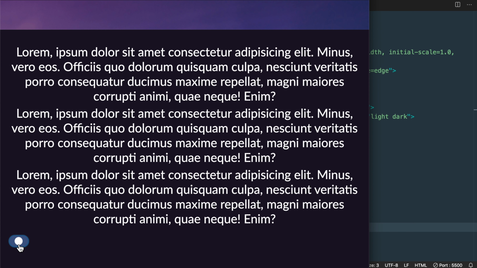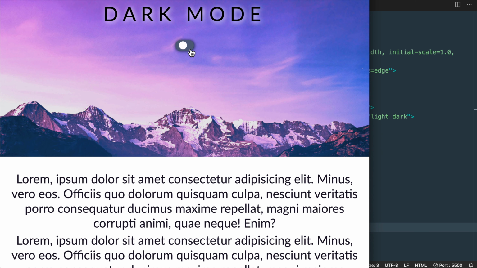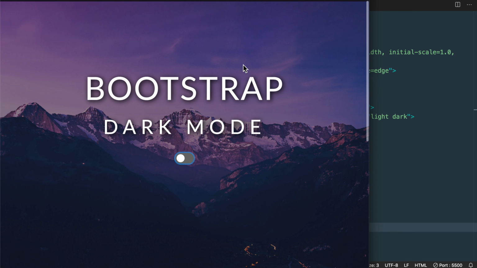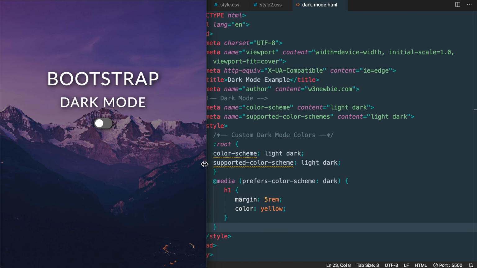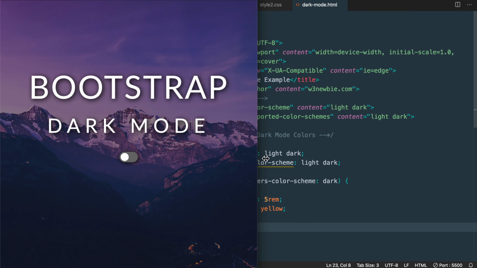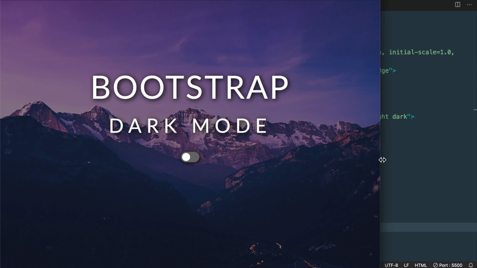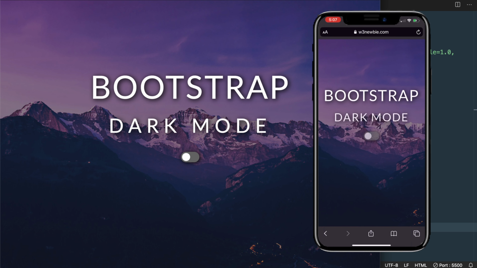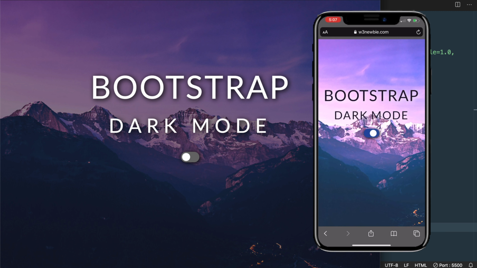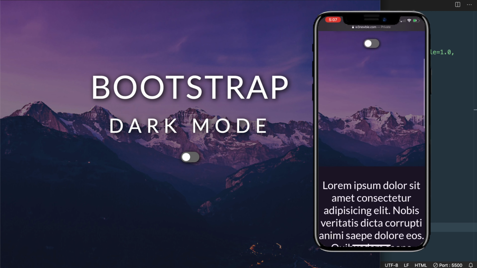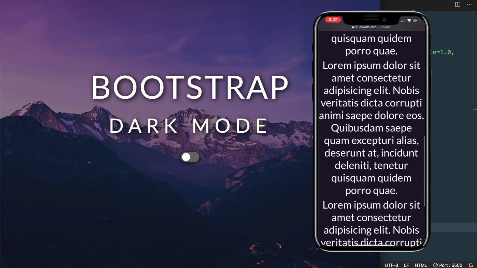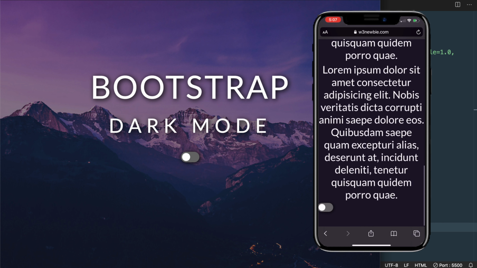So I have some files prepared for us already for the tutorial, which I'll get to in just a moment, but first let's take a look at the responsiveness. So we're going to have one breakpoint so the landing page can resize for mobile and tablet devices. And just to show you how it appears on mobile, here we are on my iPhone, and as you can see, we have the animation, and then when I hit the switch, we'll go to light mode, and we'll also add the switch to the very bottom of the page